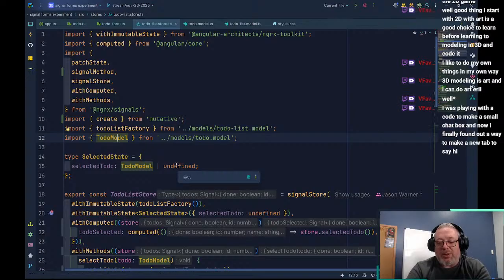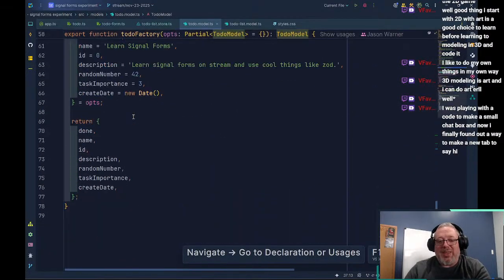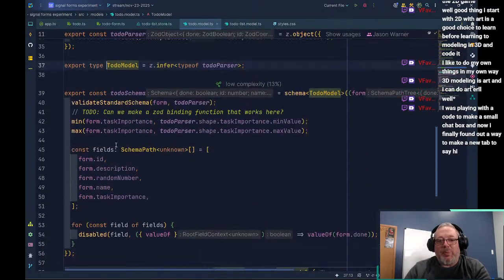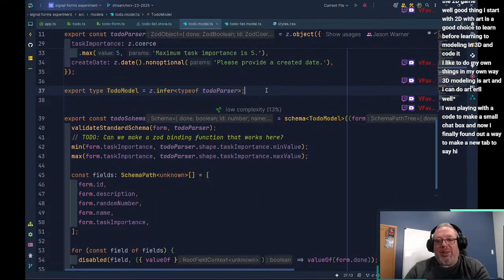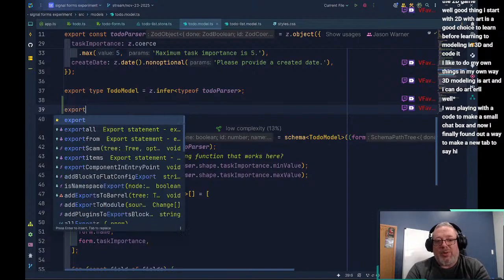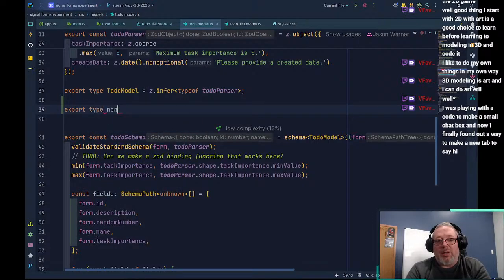In the to-do model, we want to make non-editable keys, so we can export const non-editable keys equals, and here we're going to say ID as const.